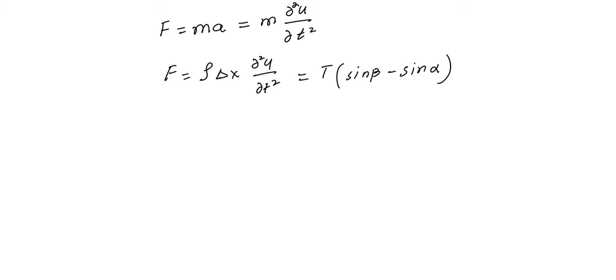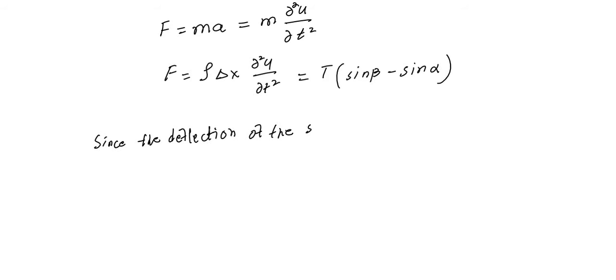We don't know yet. Within this equation there is an ambiguity; you are not sure about sine beta and sine alpha. So for that, we see that since the deflection of the string and the slope of the string are small,